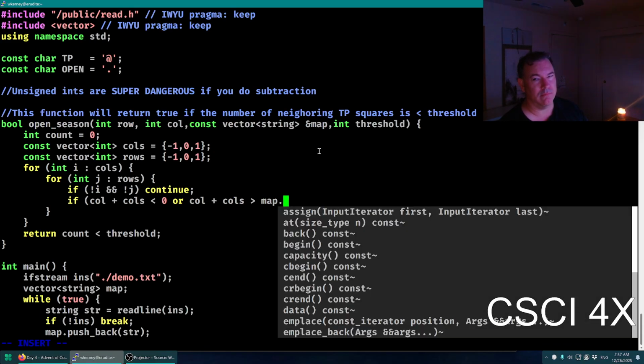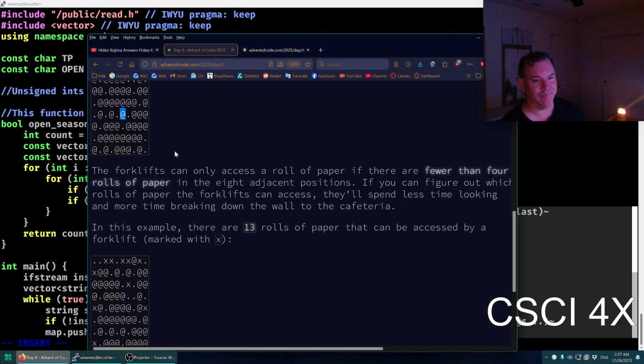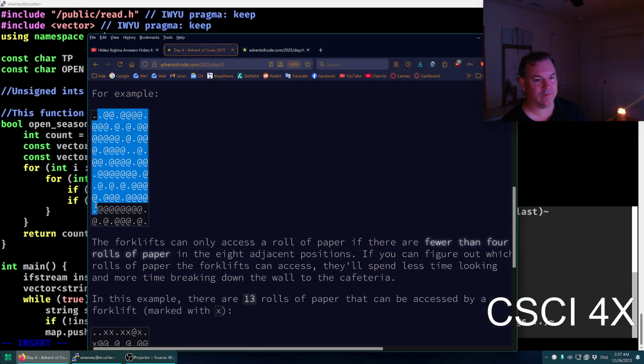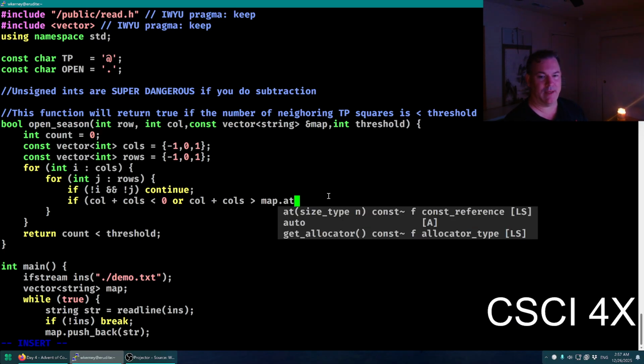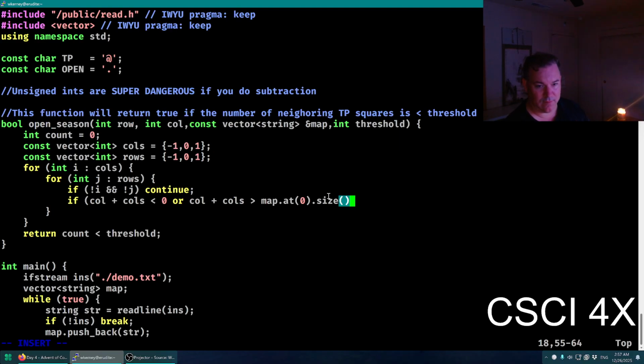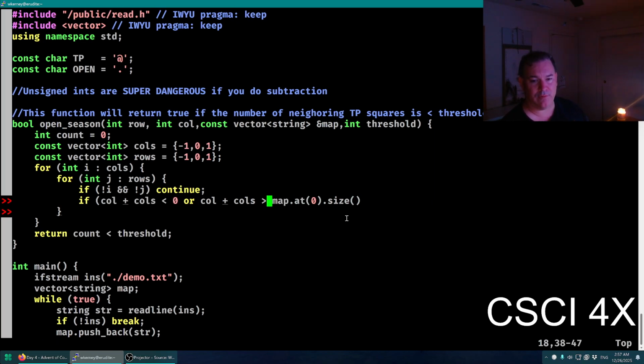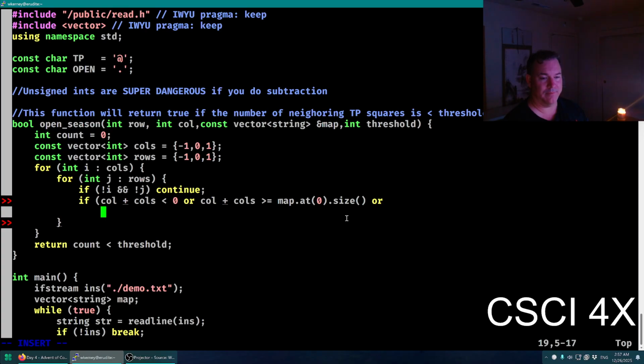is it square? I don't know if it's square or not. 6, 7, 8, 9, 10. I think it's square. I'm not going to trust it though, so I'm going to do this. Map at 0 .size. Okay, so if we are off the left edge, or, and that needs to be greater than or equal to, or if we are off the right edge, or